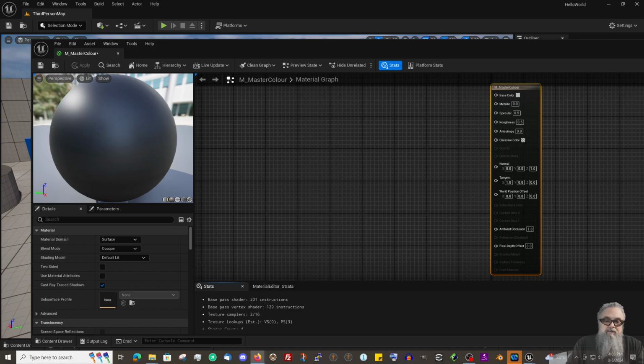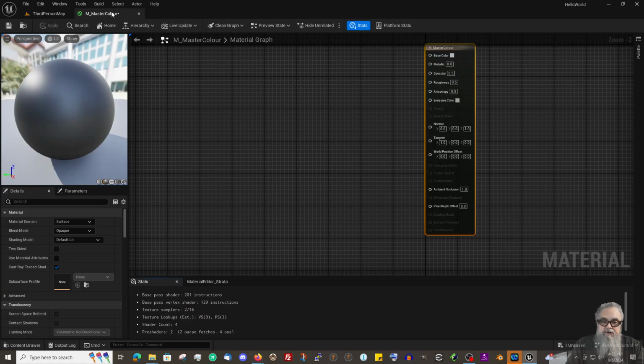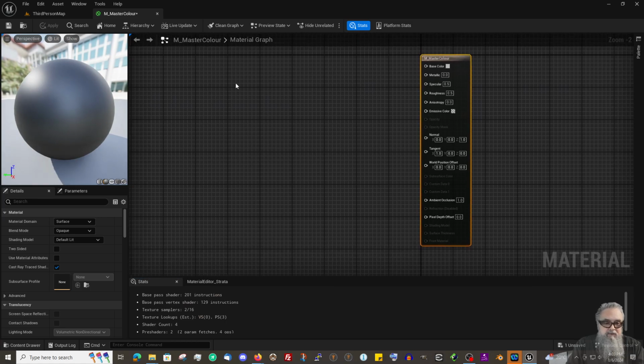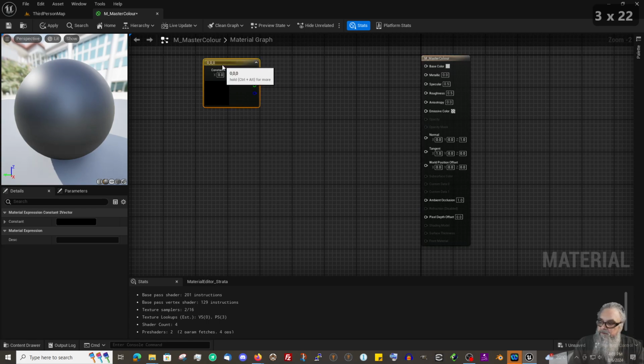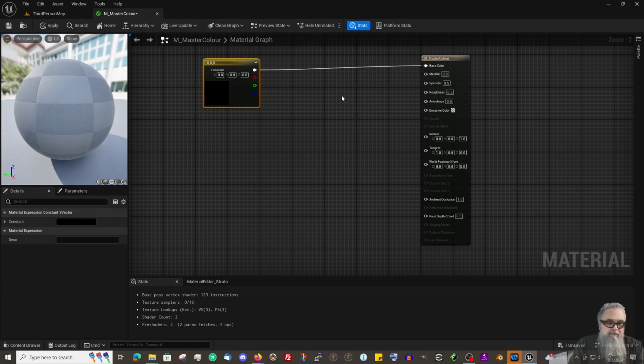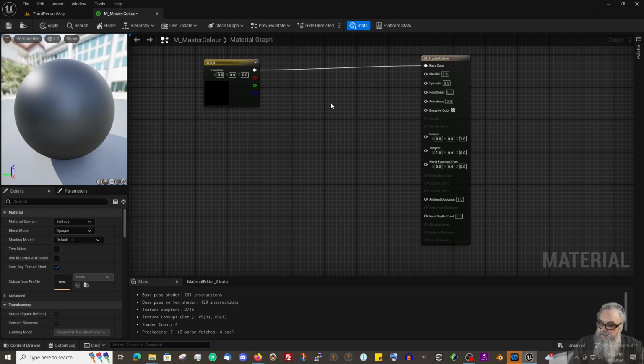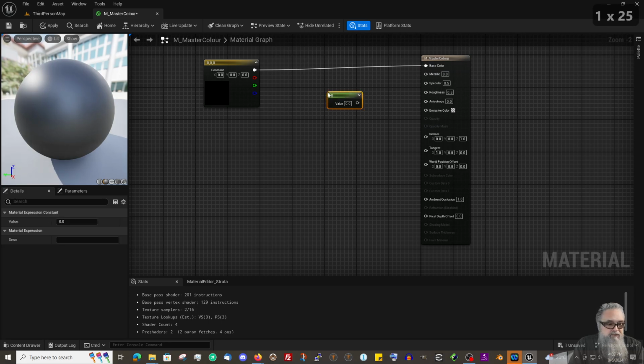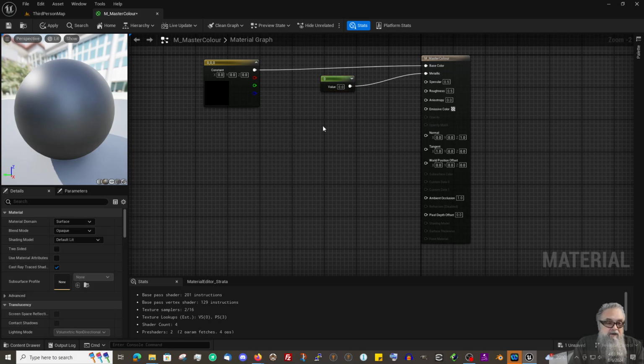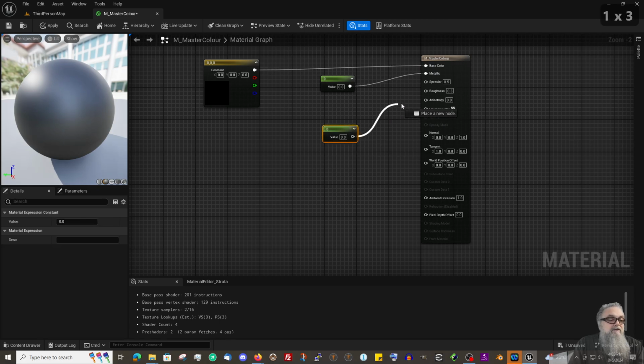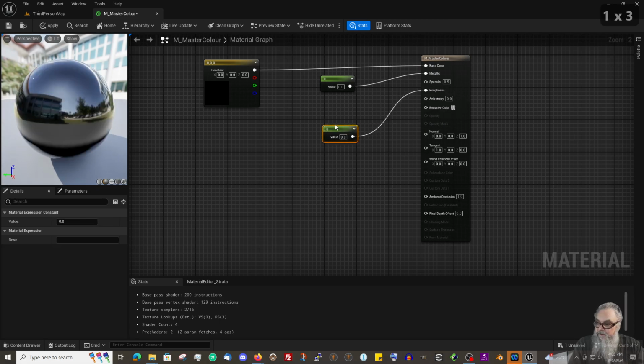Okay, with our basic material editor window open, we're going to start creating a new material. So I'm going to press 3 to add a constant vector node, and we probably want to connect this to the base color. And let's say we're going to use 1 here to create a single vector node connected to the metallic value, another 1, and we'll connect it to roughness,